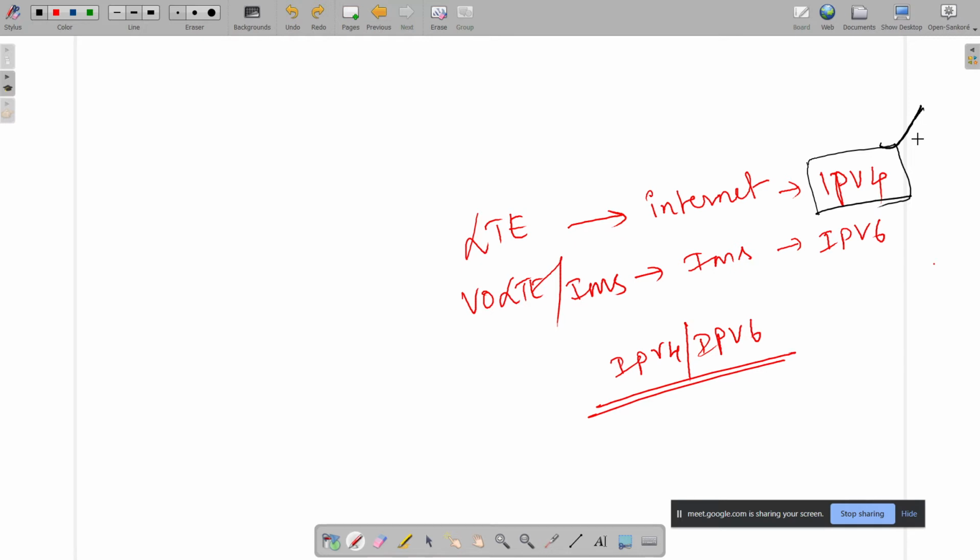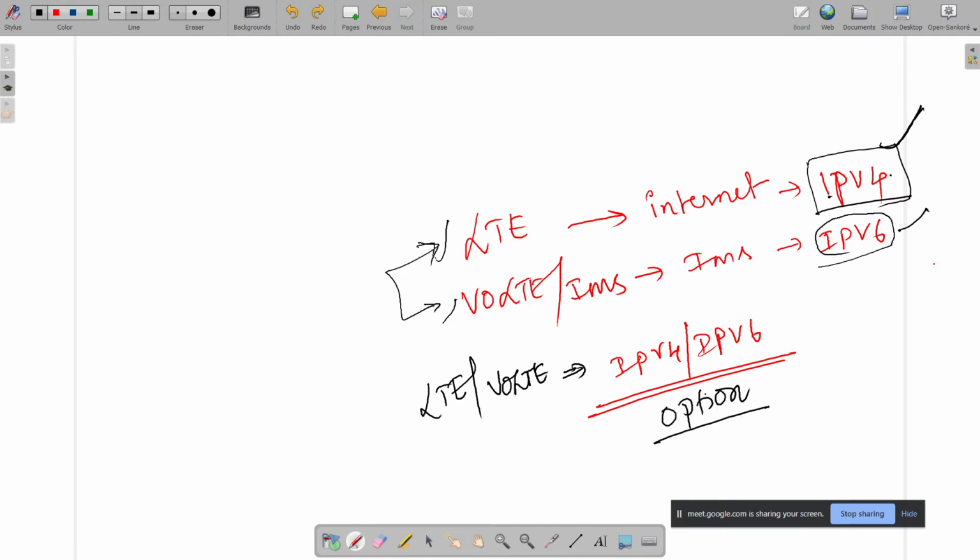They may implement IPv4 or IPv6. VoLTE works on IPv4 as well as IPv6. The possibility is there, but most of the times operators assign like this, or they can assign LTE or VoLTE combined. This option is also there.